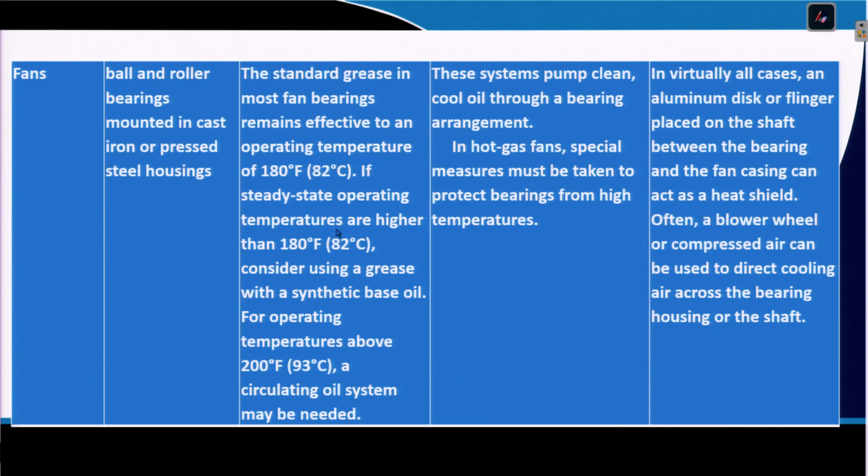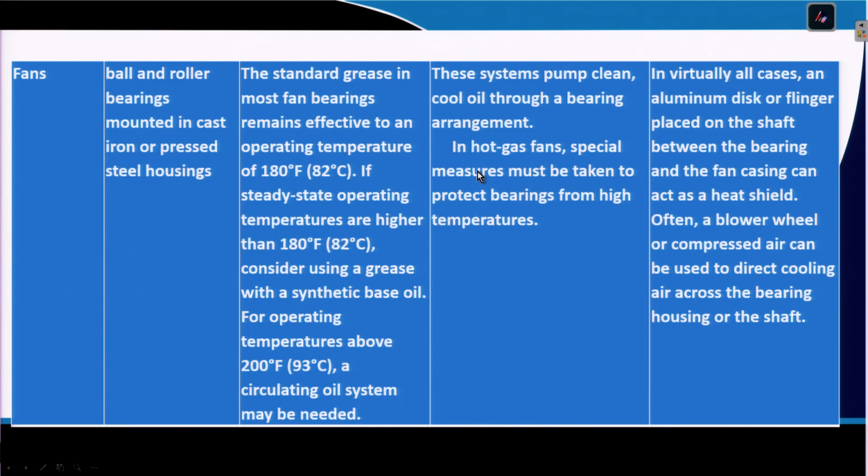Even in our domestic fans, you can see they sometimes go up to high temperatures. If you touch a fan's bearing zone, you can find it very hot. Sometimes it can go up to 80, 82 degrees like that. So, we will have to properly maintain the lubrication, and you will have to see that there are no obstructions.